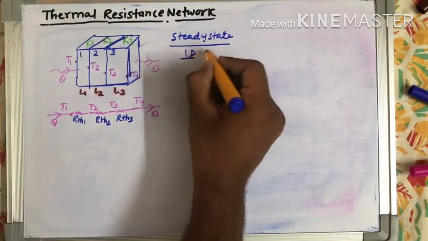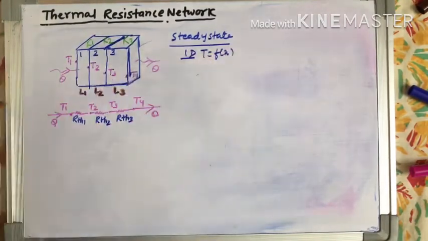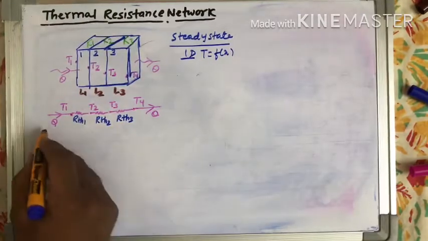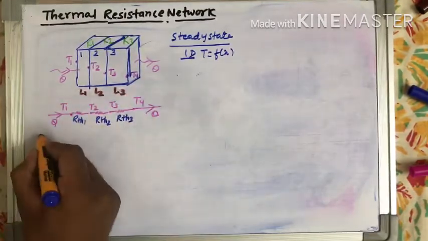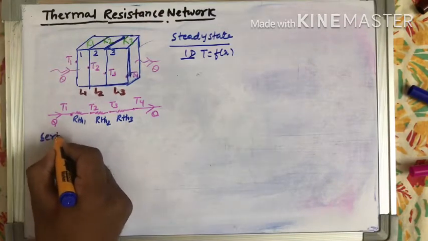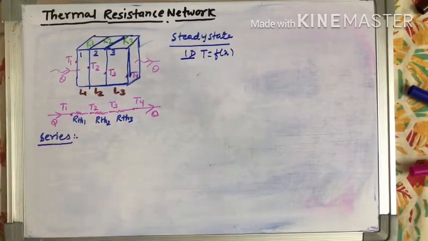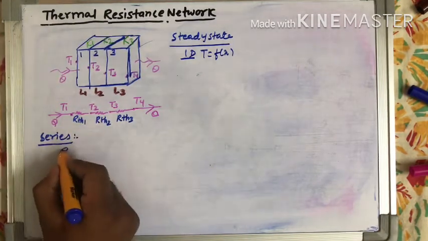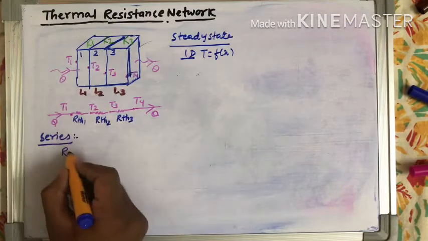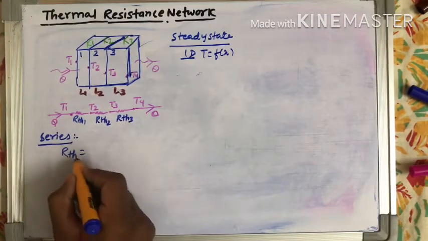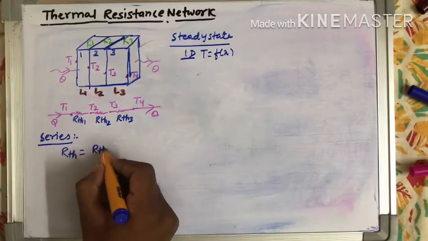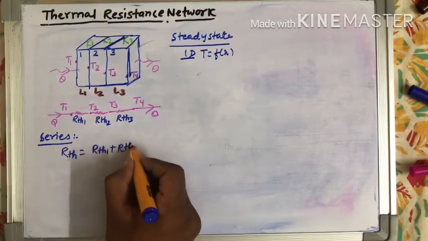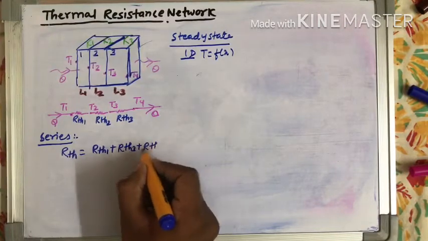And it is a one-dimensional flow, meaning temperature is a function of only x. That is why it is only changing in the x direction. Now you can see this network is in series, one after another. And you would know how to solve resistances arranged in series from the electrical subject. So, as we know, I can replace these resistances with a simple equivalent resistance RTH by simply joining all three resistances one after another.